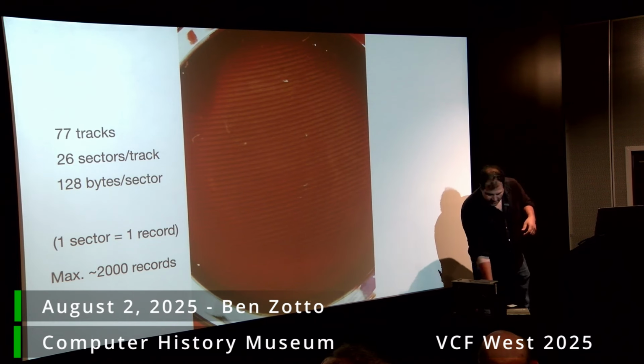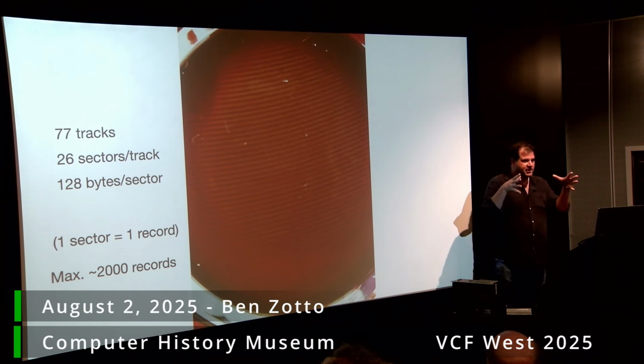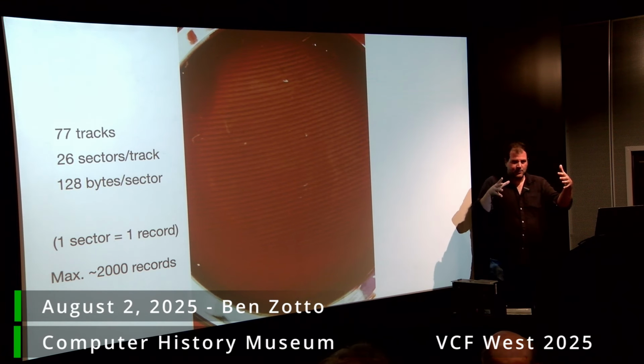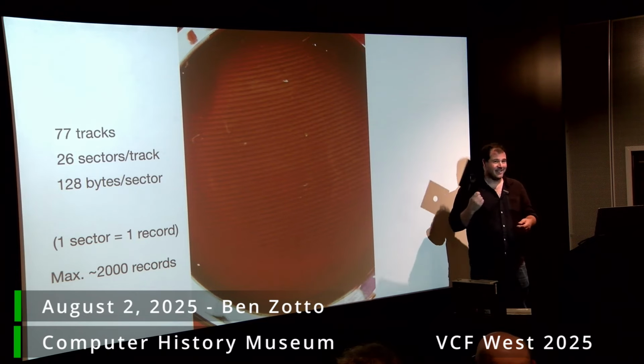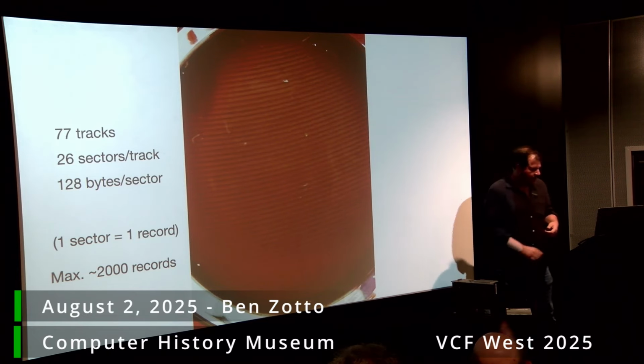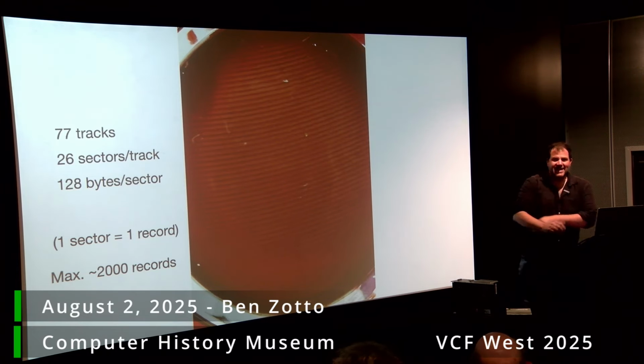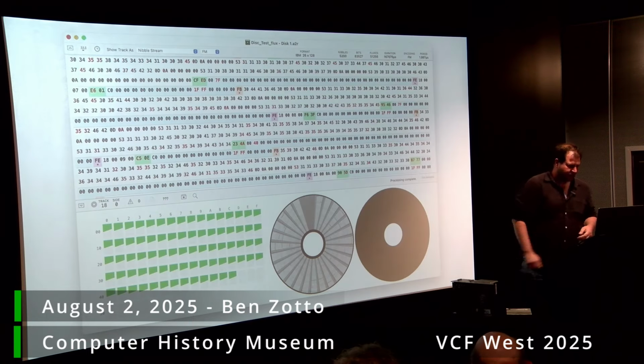And that's a box of punch cards. Punch cards came in these boxes of like 2,000 cards. So you can get like a box of punch cards. And it's really, I mean, it's way better. Okay, so you can't see the sectors on here, you can only see the tracks.